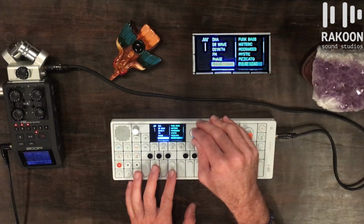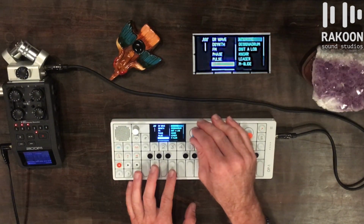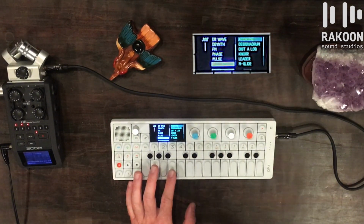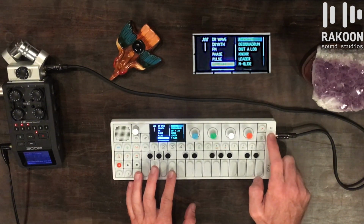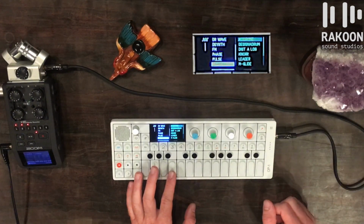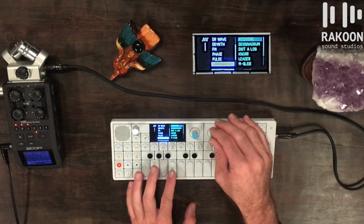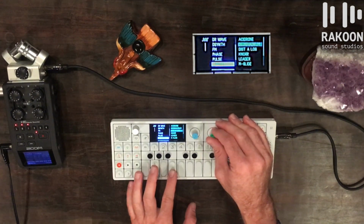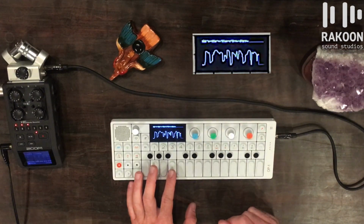Okay, it's pretty cool. Then we have the sampler here, which actually you can sample stuff into it. You can use the built-in mic that this has, or you can connect an auxiliary cable and sample stuff from your phone, and then you can play it, but it comes preloaded with some different sounds. The sampler looks like this, just shows you the waveform